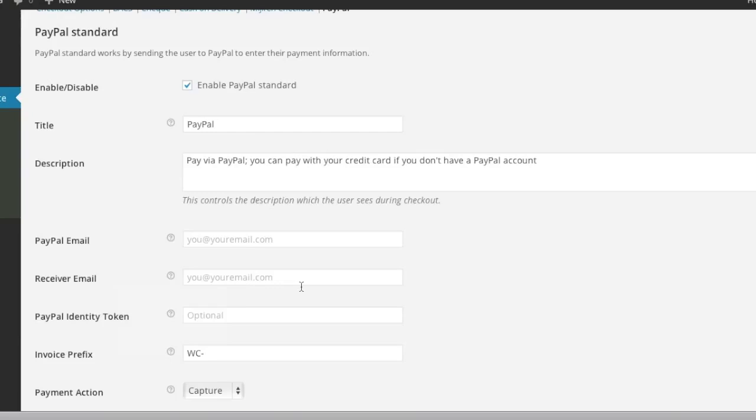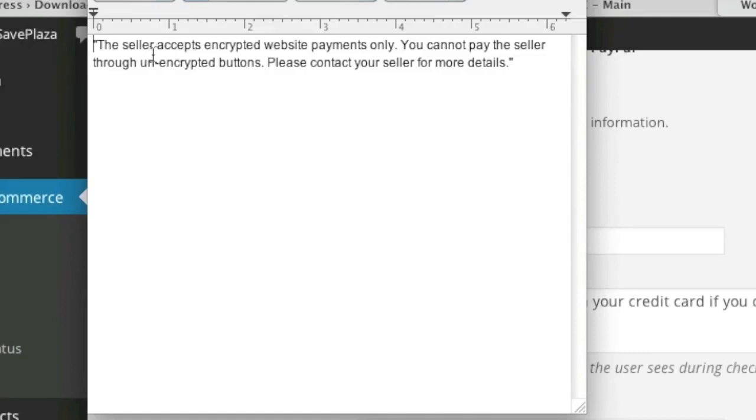Note that whenever enabling a payment method, I recommend testing that payment method. For example, if you enable PayPal, I recommend placing a test order and testing out the button to see whether it's working properly, because PayPal at times throws off certain errors such as this one. The seller accepts encrypted website payments only. You cannot pay the seller through unencrypted buttons. Please contact the seller for more details. This pretty much happens on all PayPal accounts that haven't been set up to work with websites that do not